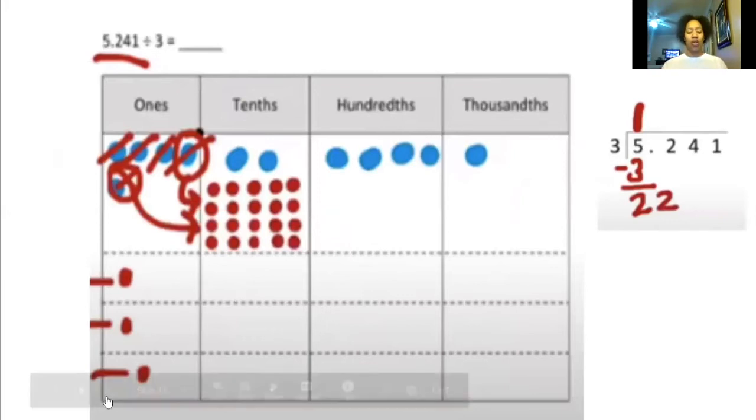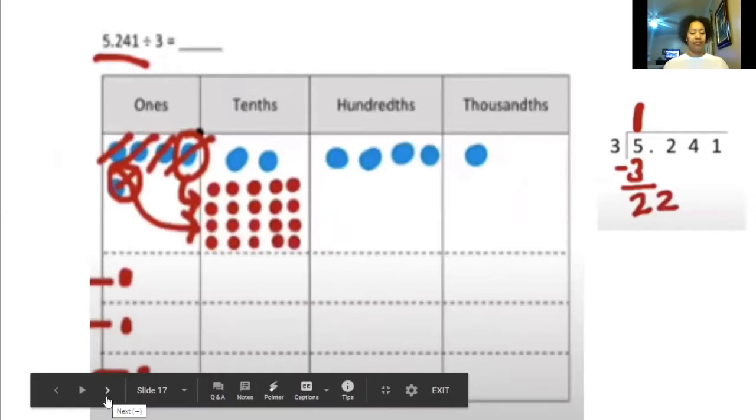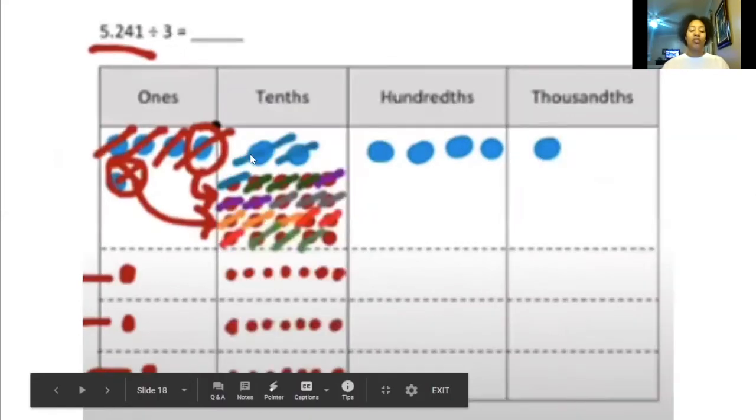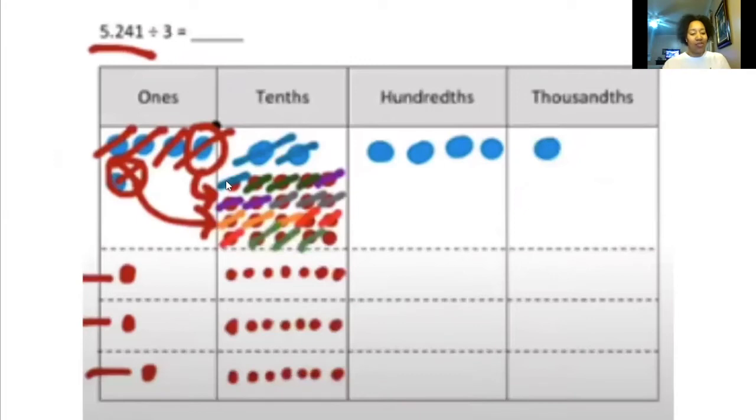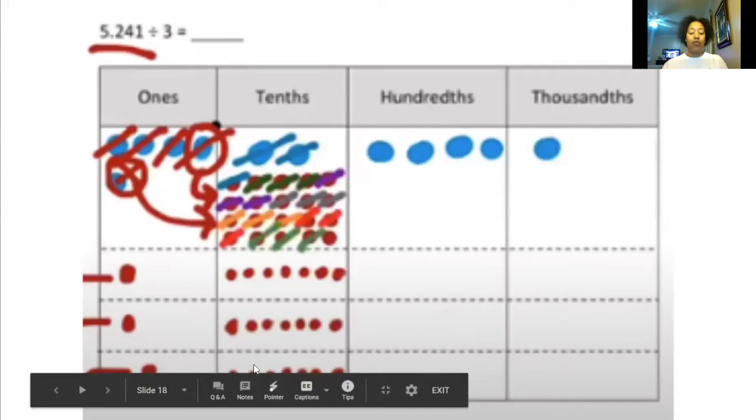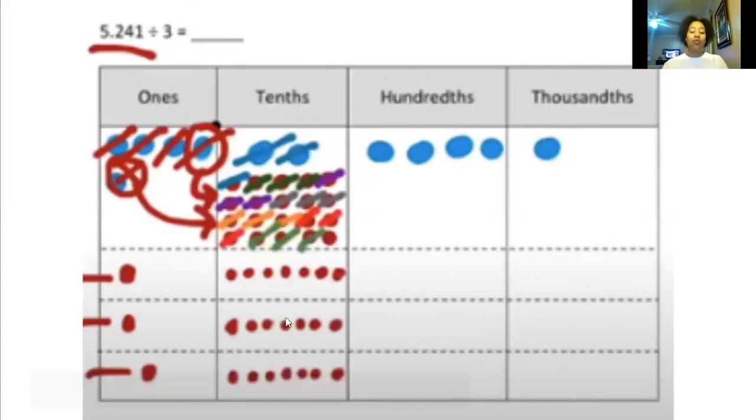We're going to do it all at once. So what we did was we took groups of 3. It was color coded, so remember that. You can go back if you have color pencils or crayons at home and you'd like to make sure you've used every single dot. So 3, that's the first group. The second group makes 6. The third group makes 9. We count by 3, right? The fourth group makes 12,